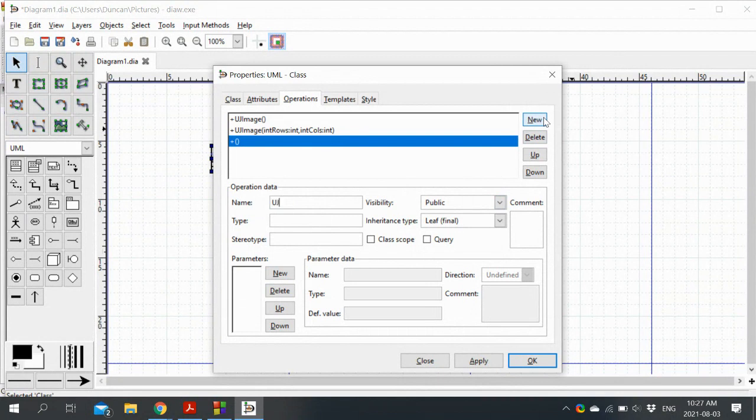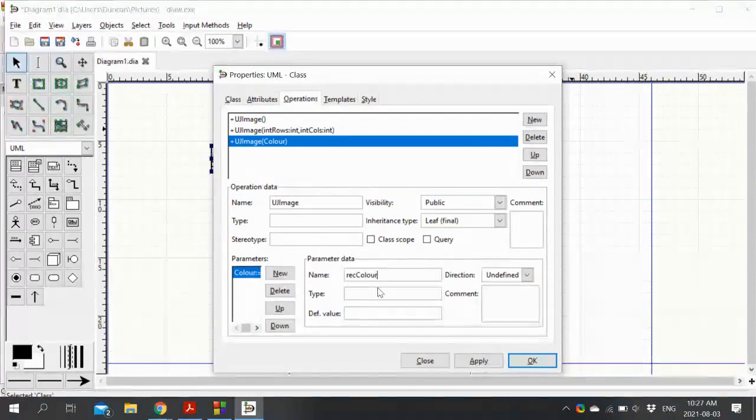And then we'll have the other one where we specify the size, and we specify the color, so that's rect color of type color.